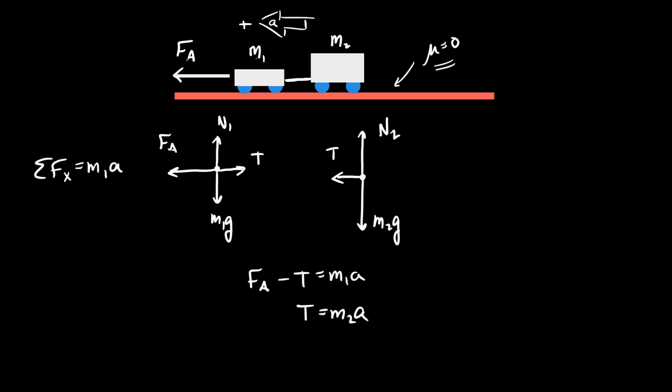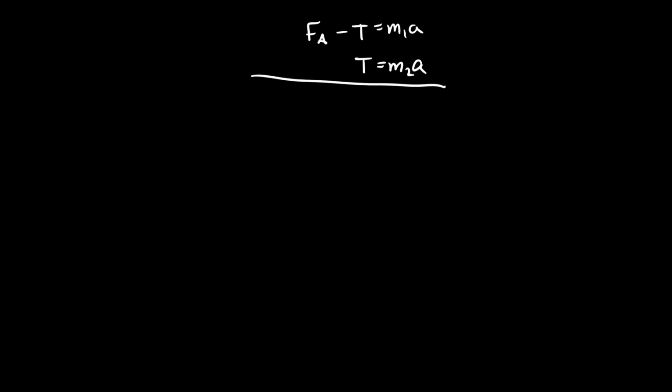For example, what if they did ask for the acceleration? Do you know how you could get an expression for the acceleration? I think you could just solve this for A, but that would have tension in it, and we don't know the tension. They did give us the applied force, so we could eliminate tension. Now, substitution would probably be the way you guys are used to doing it, but you know that there are other ways to do systems of equations, right? One of them is we can just add these two equations together. Have you guys done that before? Yes. Oh, good.